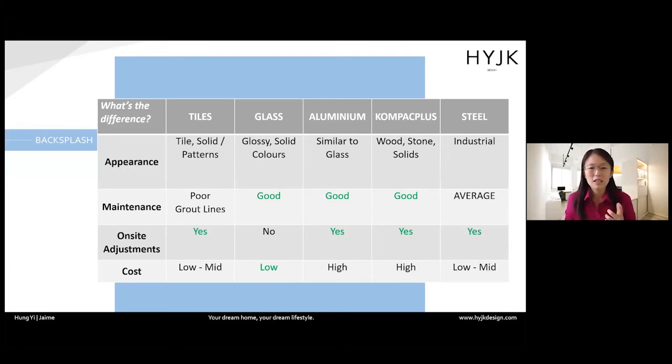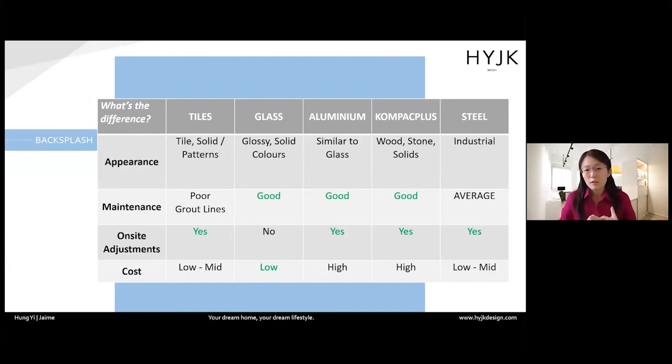Glass, you can't, because you can't actually cut glass on site. It has to be clamped down and cut in the factory. So everything has to be pre-planned. If you want to have kitchen rails, you have to tell the glass fabricator before that. If not, you're going to have a lot of costs incurred. That's going to waste your time and also waste money.